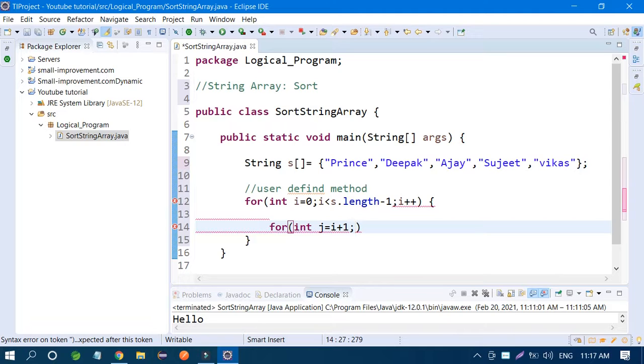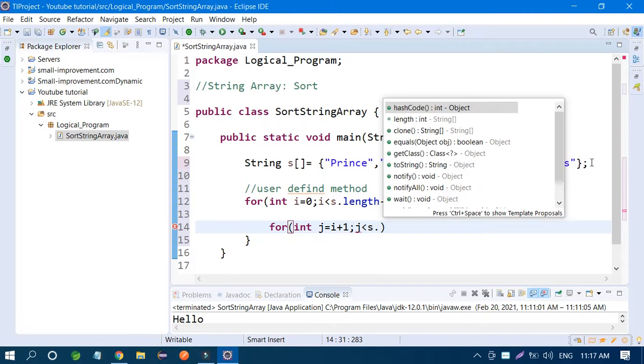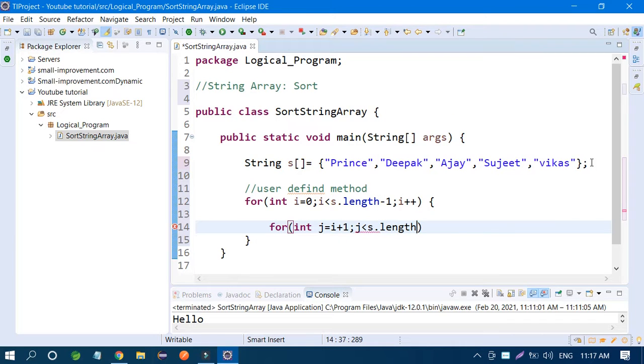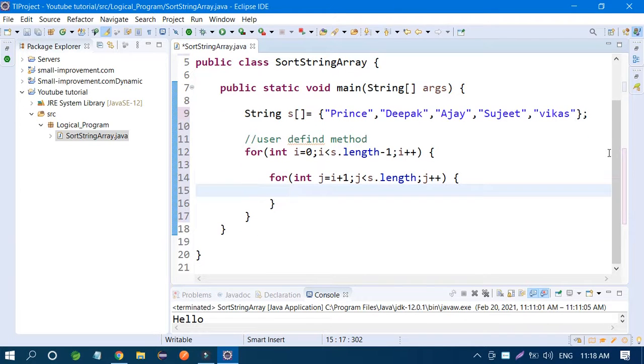And j less than s dot length, j plus plus. So you take one loop, iterating and comparing one by one.